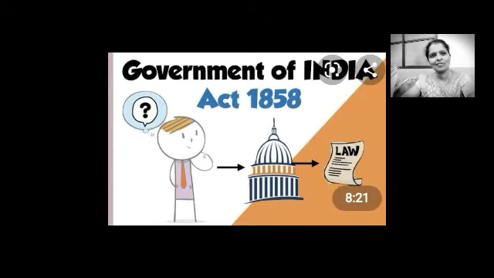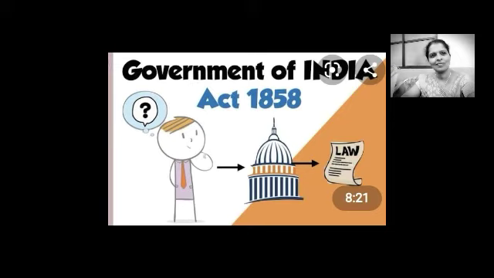1858 Government of India Act. This act needs to be understood in the backdrop of civil and military unrest that took place in 1857. India came under the direct rule of a British government. The Queen of England, Victoria, announced that all round development of India would be ensured by the British government on November 1st, 1858. The license of East India Company was cancelled and India was brought under the direct administration of